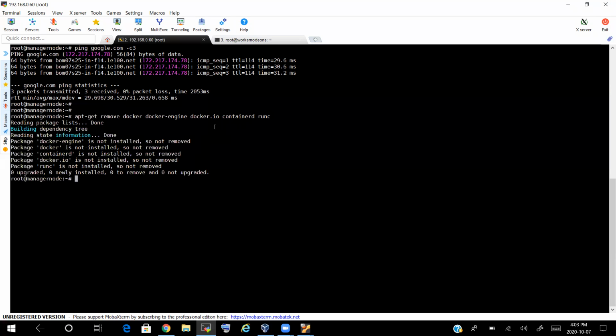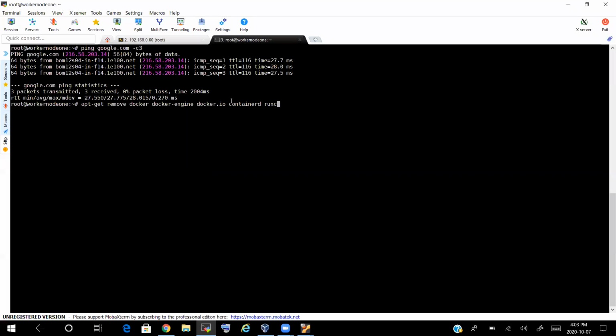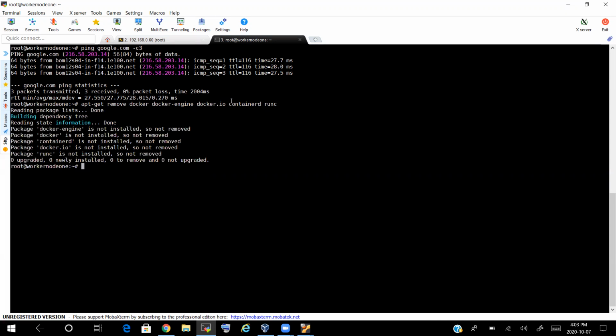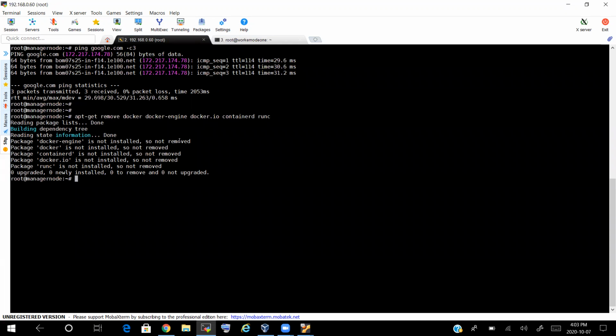So first of all, let us verify whether these packages are installed or not. So I could say these packages are not installed. So from this, you understood that there is no old version of Docker installed on my VMs.